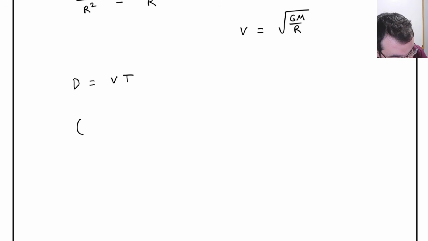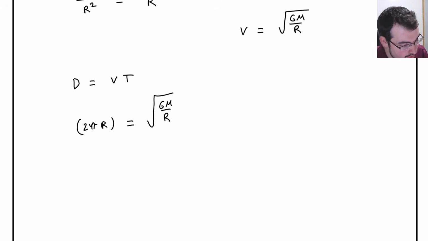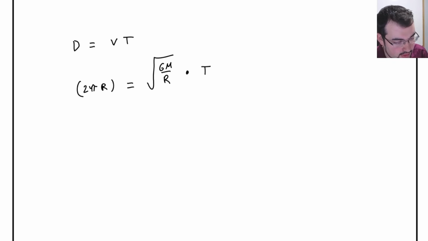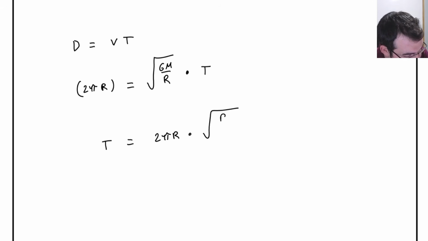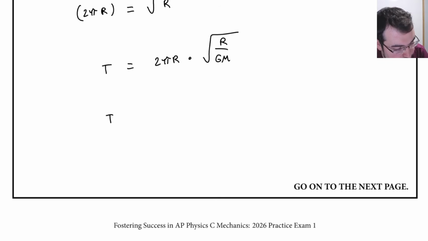So this means our distance traveled, which is 2 pi r, is going to equal the speed, square root GM over r, times the period T. And then we can substitute. So this would mean that T is equal to 2 pi r times the square root of r divided by GM. So if we do that, we get T is equal to 2 pi divided by square root GM